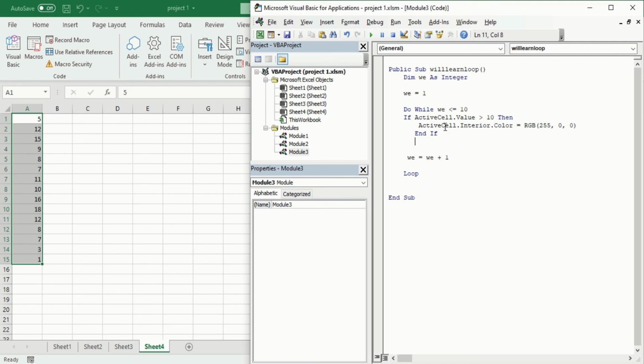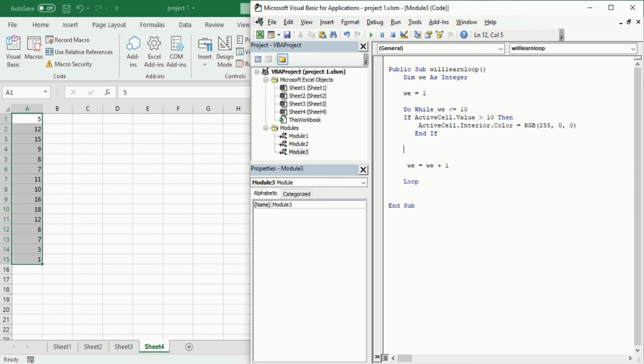Now we will write for the active cell. I want to check every cell that is just right below it. How do I write for that? After the End If, like if A1 is selected, it will check for it. After that, it gets into the loop and goes to the second cell, A2, then A3, A4, A5, A6, A7, A8. This must go on and we should write for it.